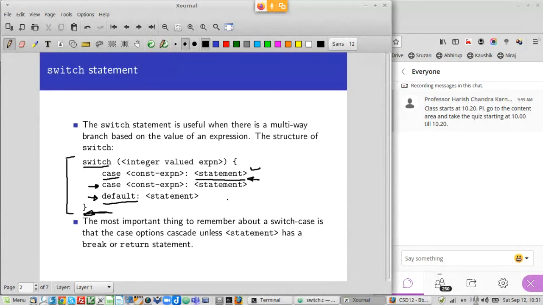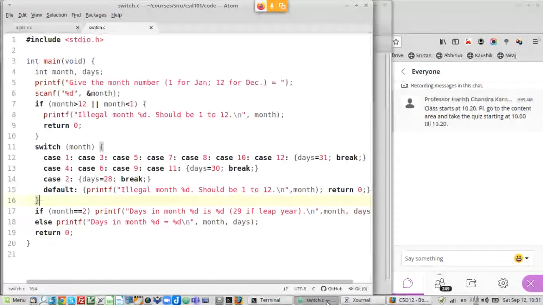So let me show you code for this in an actual example. Take for example a situation where you want to give the number of days. There are many problems which require fiddling with dates, right? You will be doing one or two of them in a forthcoming lab. Very often you need to know, for example, supposing the problem is that you want to calculate the number of days between two given dates. This may be required in banking applications when you're computing interest and stuff like that.